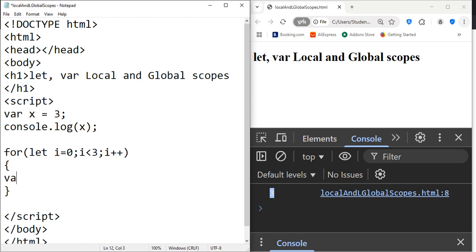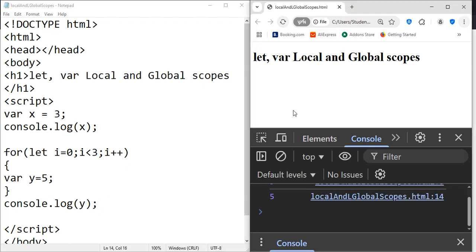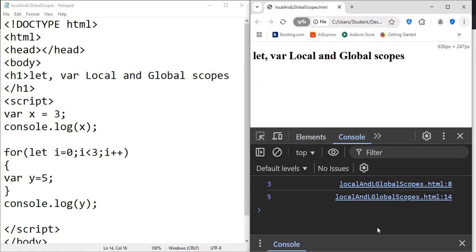So I'm just going to say var y is equal to 3, or let's just say 5, just to differentiate it from x. And then here I can say console.log y. So I'm just going to refresh here, see what happens. Let's go control minus here. There we go. So 3 and 5 are both